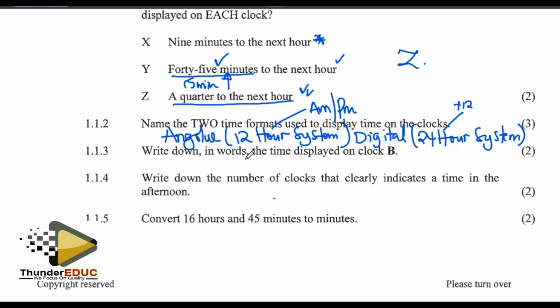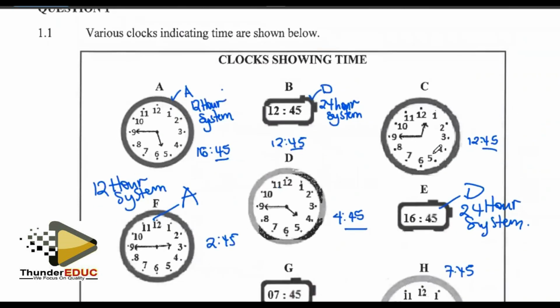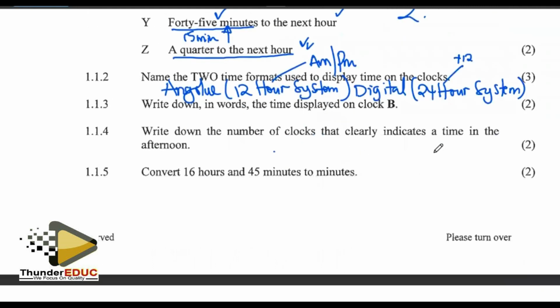All right, write down in words the time displayed on clock B. Let's go to clock B. When you look at clock B, it's digital already, but I want to write it in words. I mean in words, not in numbers. Let me write it down here for you to see what they're trying to say. This one, write it in words, is supposed to be a quarter to,